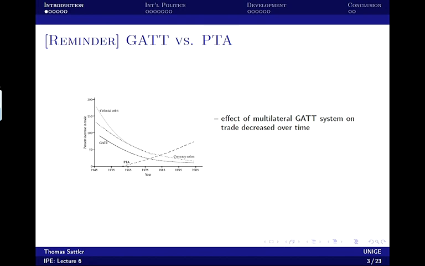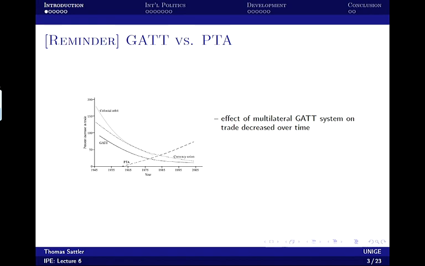So just a quick reminder why we are doing this. We saw this graph already when we talked about the effectiveness of the GATT system. This is from Goldstein and co-authors. That's the study that I discussed extensively, and they estimated the effect of different factors on international trade. So remember, that was bilateral trade, how much one country exports to another. And they said that the GATT system, the multilateral trading system, was really important for promoting trade right after the Second World War, and its importance decreased over time until now.